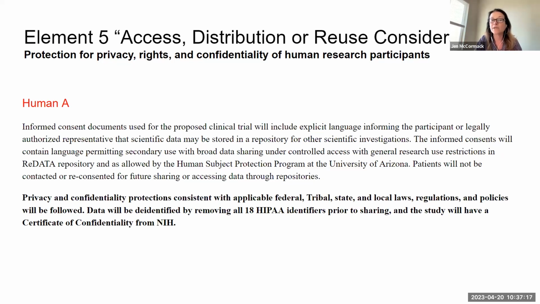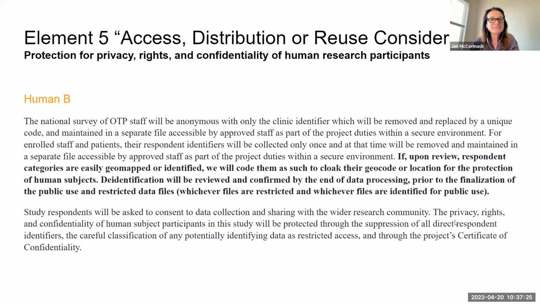And so you can see there, we added that there would be tribal things that may actually be different than some of the federal and state laws, and we recognize that. Next slide. Human B, here we are actually talking about coding to protect these human participants. Again, this is the group who are receiving the opioid treatment. Again, very sensitive patient data as well as staff data.